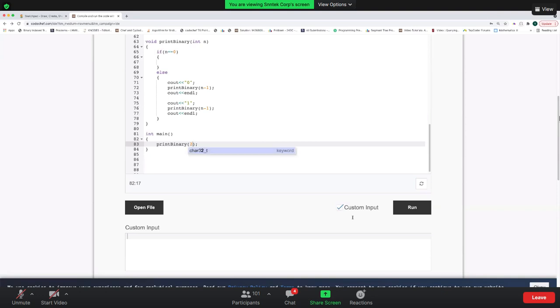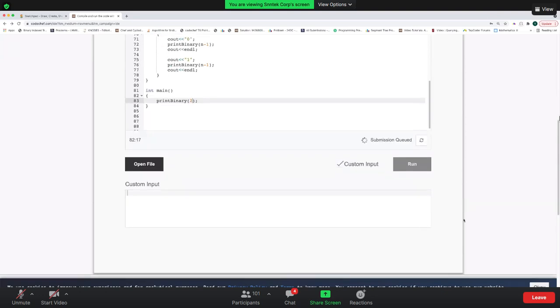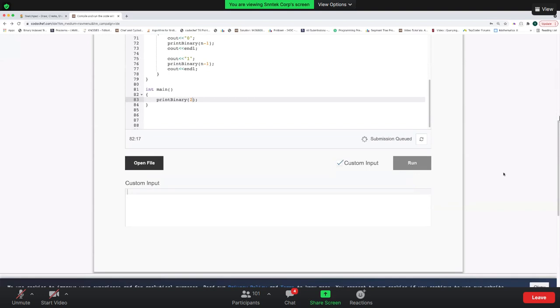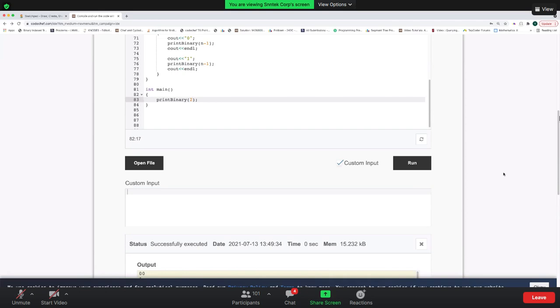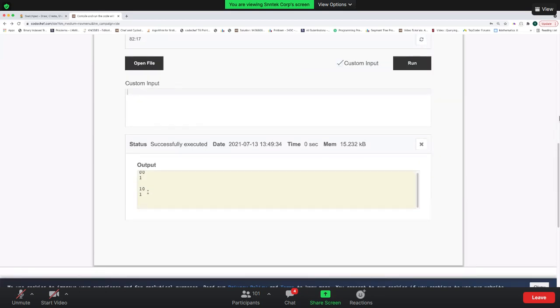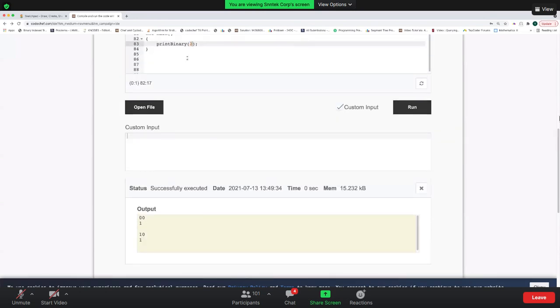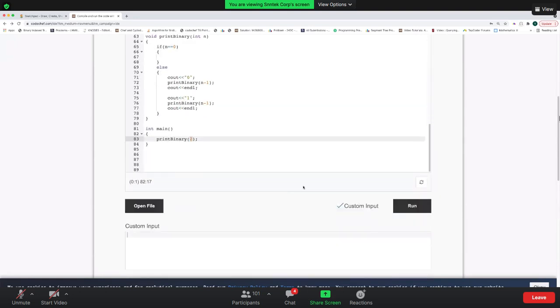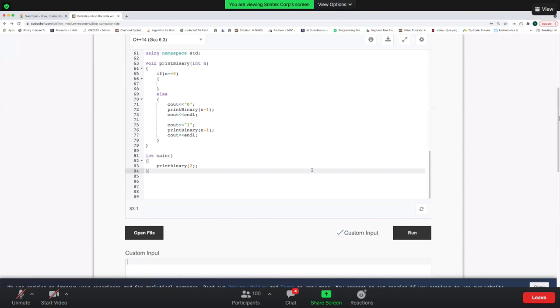Anyone, run the code for n equals to 2? You can write it on the chat. Is there anyone who hasn't understood the problem statement here, and you want me to repeat it again? Okay, so in this case also we are expecting 4 numbers for n equals to 2. We are getting 00 and 10, which is correct, but the other numbers are wrong. We are missing 01 and 11. So what is the flaw in this code? Anyone? What do you think is the flaw?